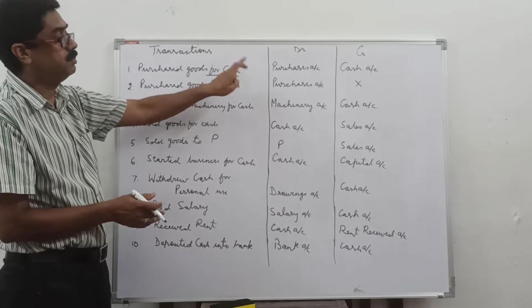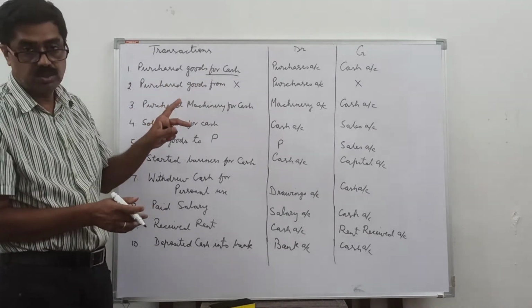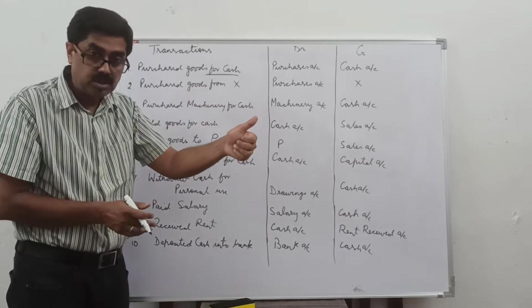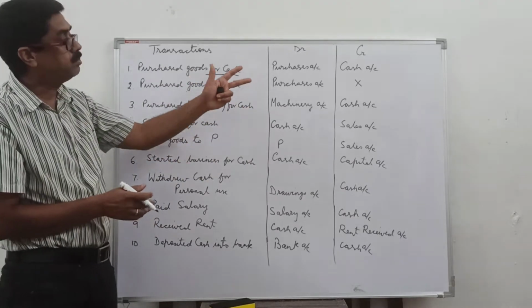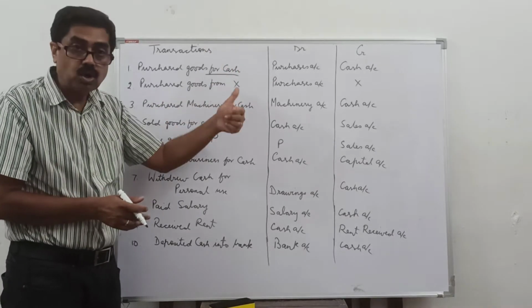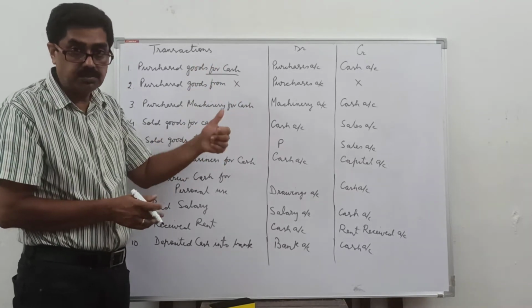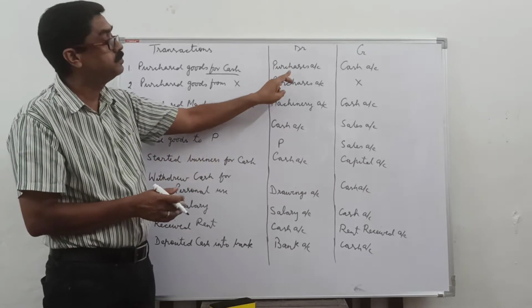So one account will be the purchase account from the purchase goods, and one account will be the cash account. Now you have to think, the purchase account belongs to which category or type of account? Personal, real, nominal. Purchases made regularly are an expense. It is a nominal account. So applying the rule, debit all expenses, credit all incomes and gains. Now is it an expense or income? It is an expense, so we will debit it.